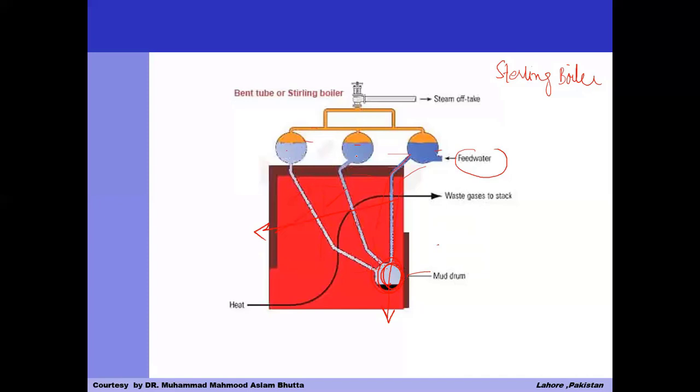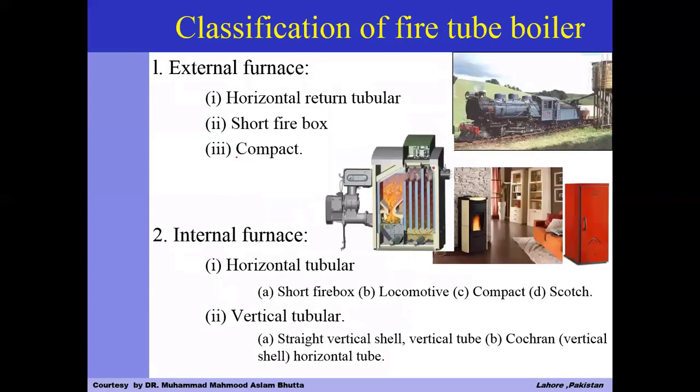The capacity of this boiler is much higher because of the number of drums. As we increase the number of drums, the capacity of steam can be increased. If there are 3 drums or 4 drums, then the capacity will increase accordingly. So we can say this type of boiler is the advanced or modern version of the water tube boiler, and it is mostly used.